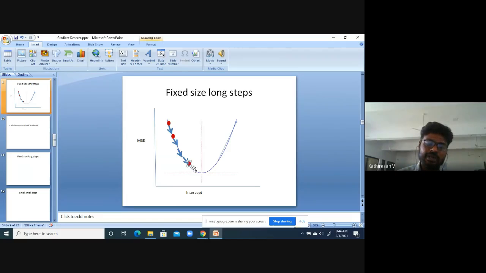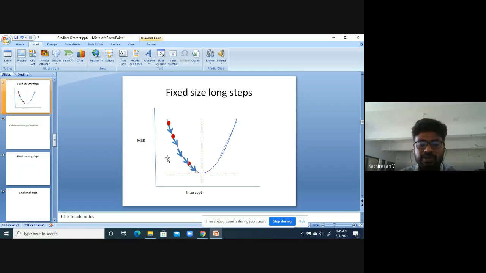If the direction is here, you can take a longer step, but if you know your direction is going to get changed, then you have to take only a baby step, and you have to go up to this only. You can't take steps like this. You have to take a very small step only, because this area is sensitive. How did you come to know about the direction? You'll come to know about the direction based on the slope value of this point.